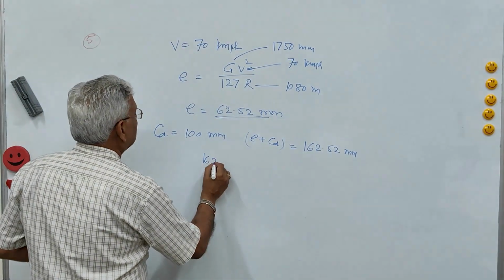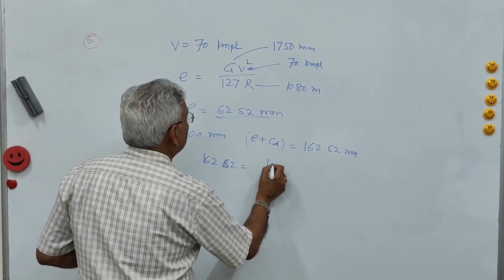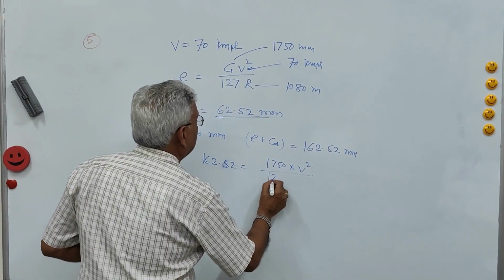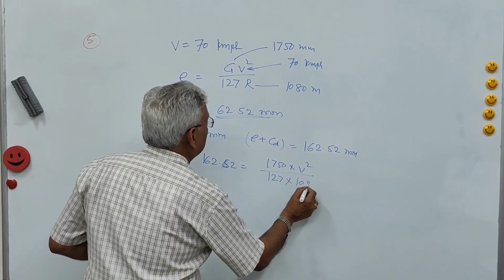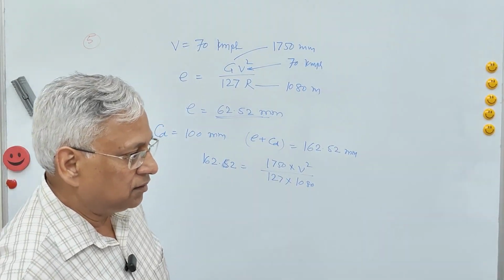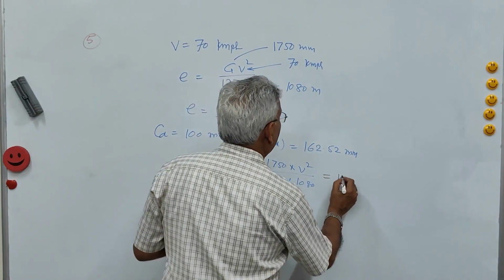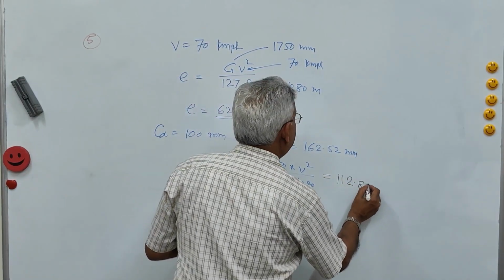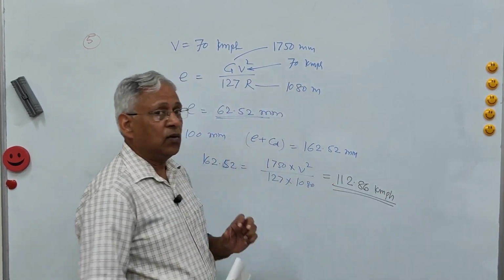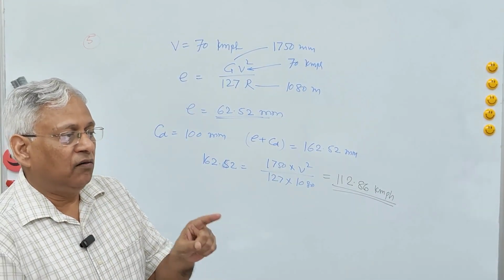So 162.52 is G, 1750, V, now you have to find out, 127 into 1080. And if you solve this equation, this is 112.86 kilometer per hour, taking advantage of full cant deficiency. The answer is to be written rounded off to the nearest